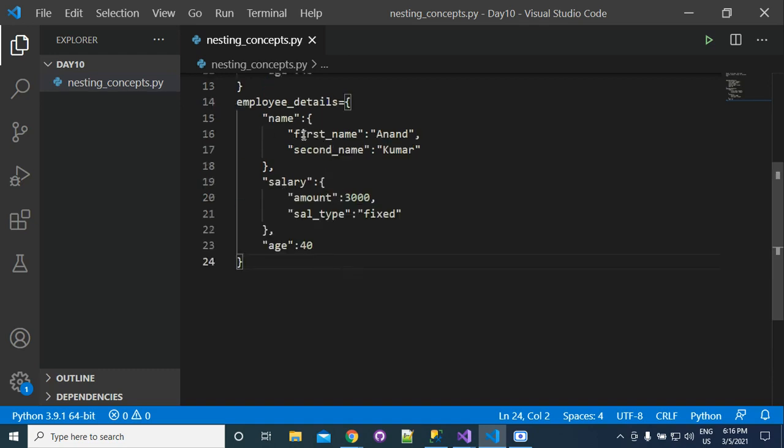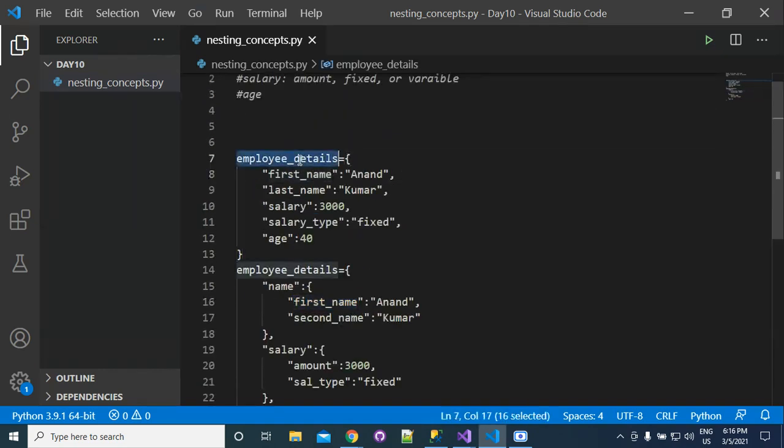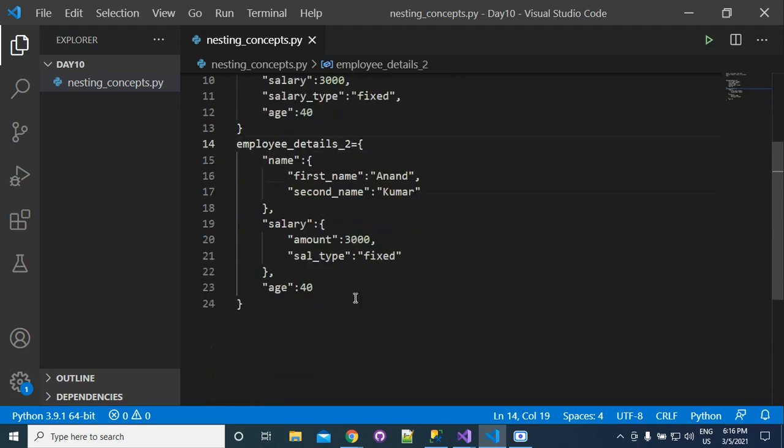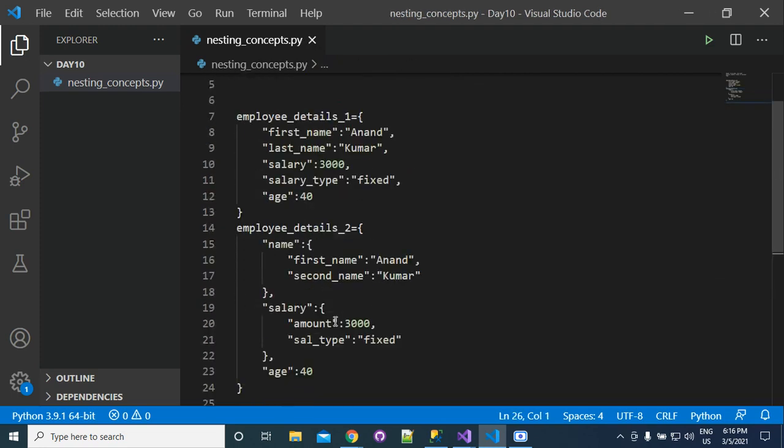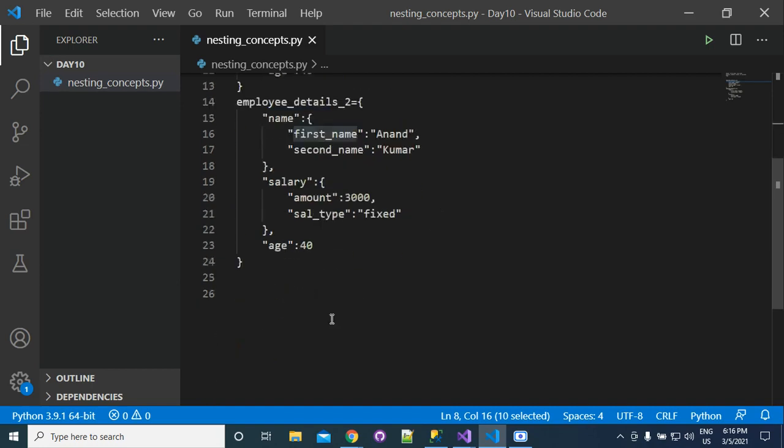Now we will see how we can extract the records. If we use this, then the rule will be very simple. Suppose I am giving different names, employee details 1 and employee details 2. And in employee details 1, if we want to fetch this first name, how can we do it?